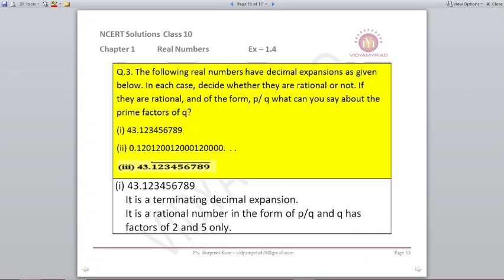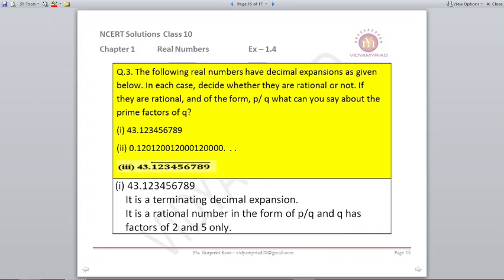Question number 3. The following real numbers have decimal expansion as given below. In each case, decide whether they are rational or not. If they are rational and of the form p upon q, what can you say about the factors? So number 1, they are given as